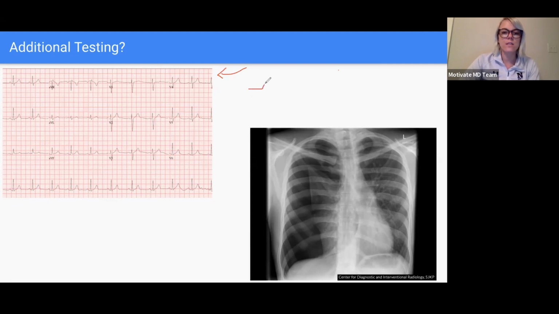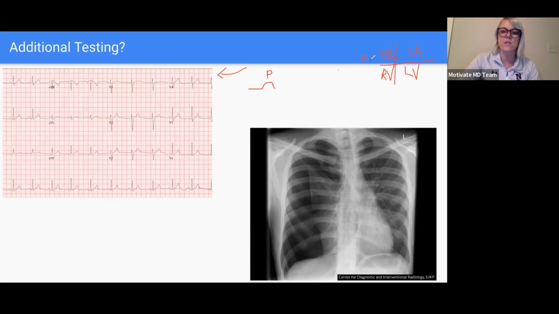And when we see the P wave, so here's the P wave. The P wave is depolarization of the atria. So remember, if we draw the heart like this, this is the right atrium, here's the left atrium, here is the left ventricle, and here is the right ventricle. Okay, so what we're looking at here is depolarization of the atria. So here's the P wave.